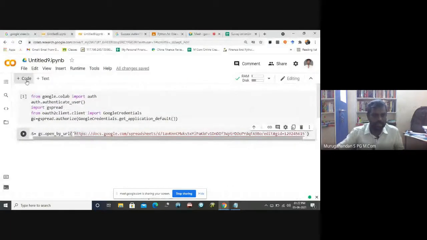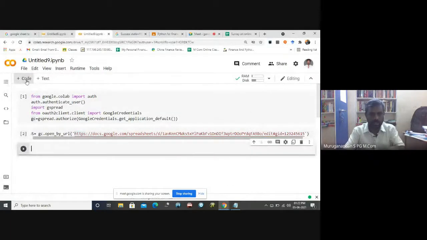So now we have downloaded the entire workbook. After this, we will use the worksheet function to get the specific sheet. If you want to give any specific name, for example, sales sheet, or salary sheet, or the raw data sheet, or any name for that matter, you can use it here.